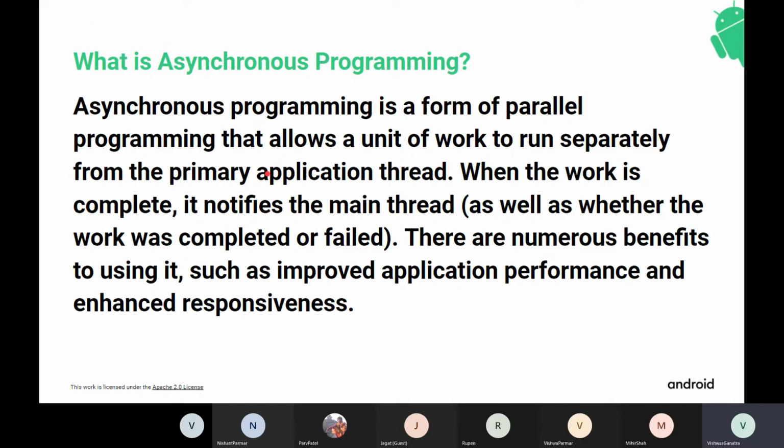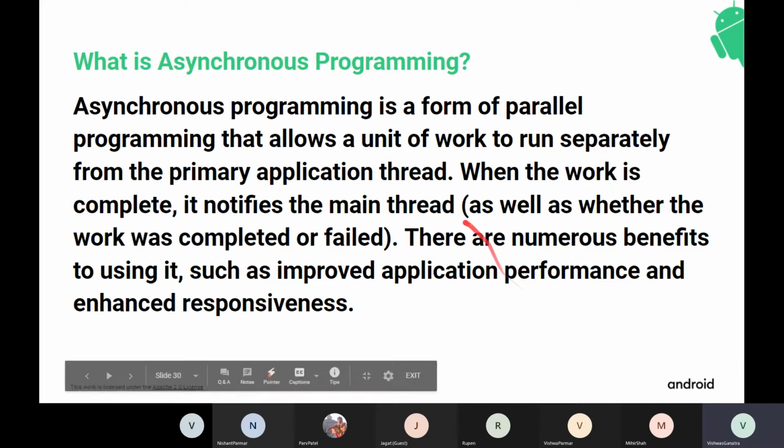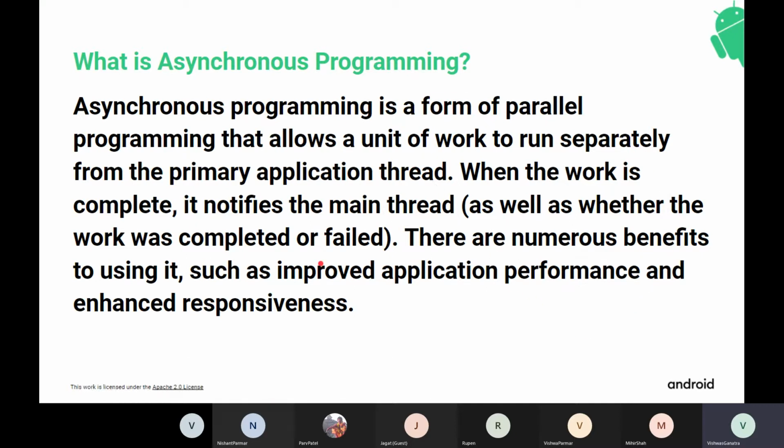In any multi-threaded language, whether it is Kotlin or another language, when you write a program and execute it, the program is mainly executed on the main thread itself. There are a number of benefits of using asynchronous programming. It is used whenever you want to fetch network data; that should run on a separate thread rather than the main thread, because the main thread will be busy executing other tasks.